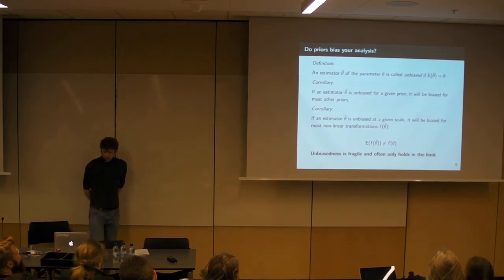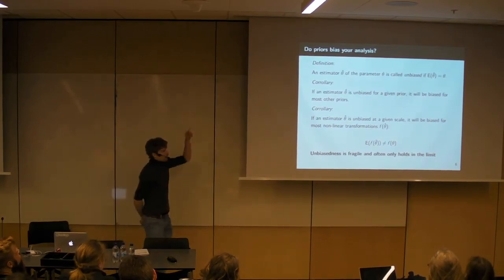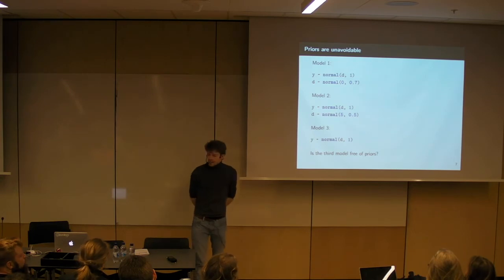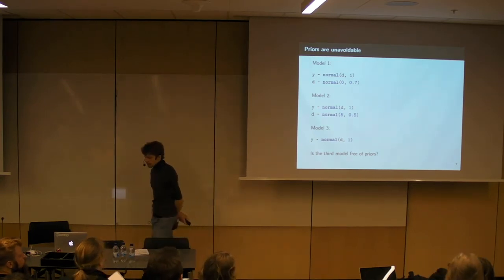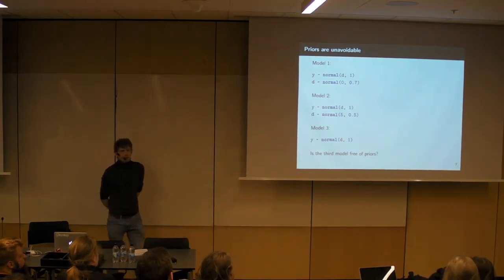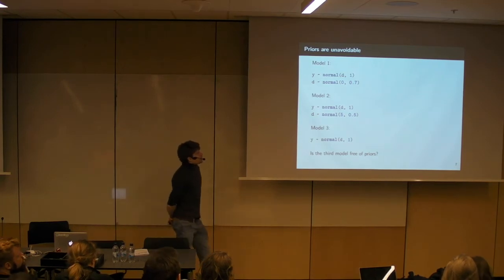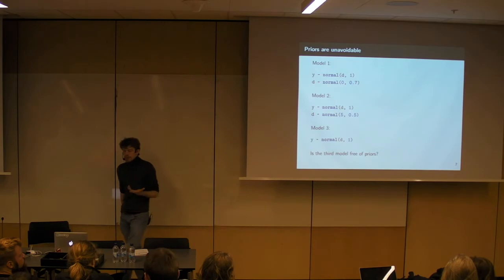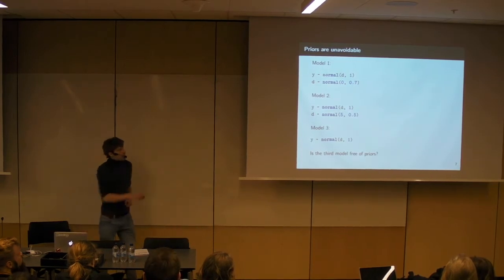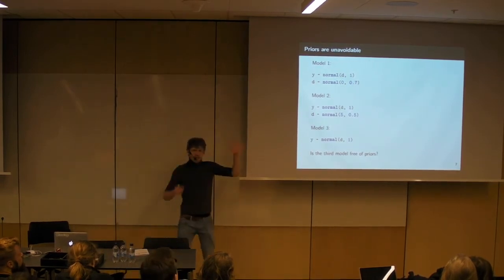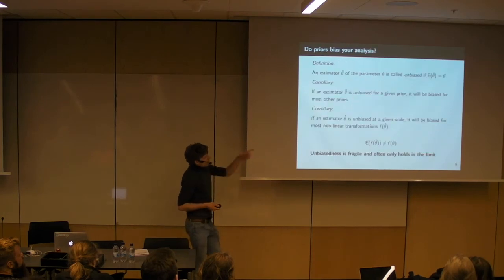Okay. So now to the fourth point on my list, which was that classical statistics doesn't need priors. And what I want to talk about now is that I think, also from a Bayesian perspective, priors are unavoidable. So that's model one. Model one was the one on the left-hand side, so the red curve.